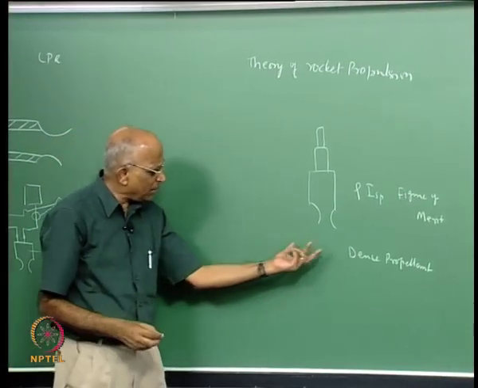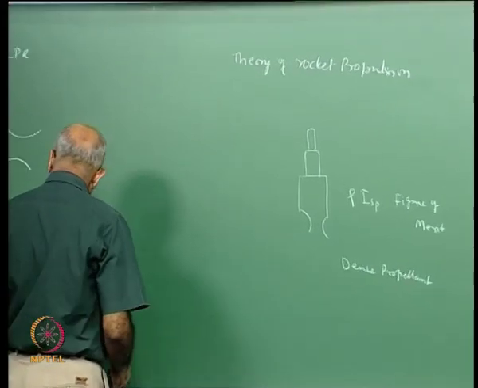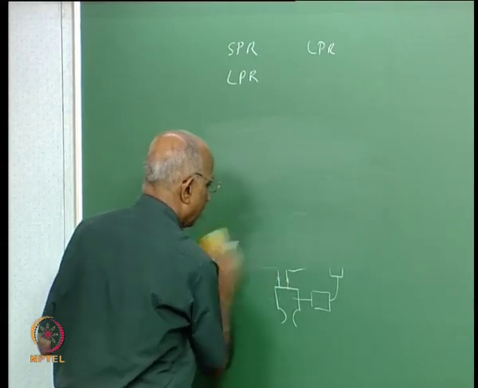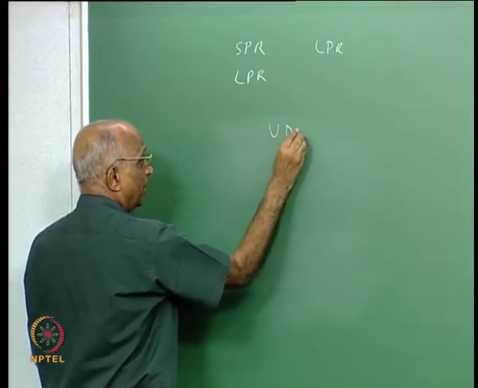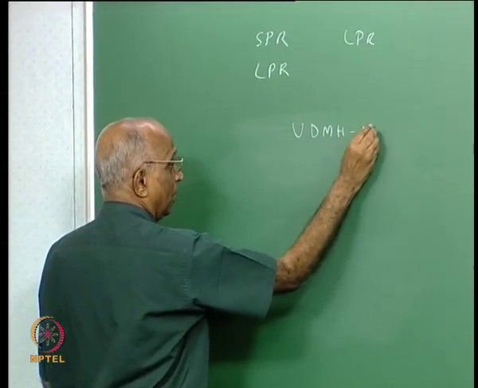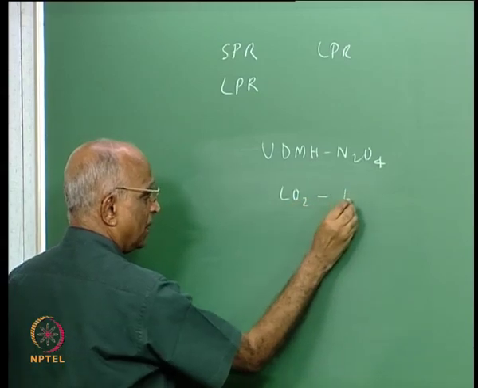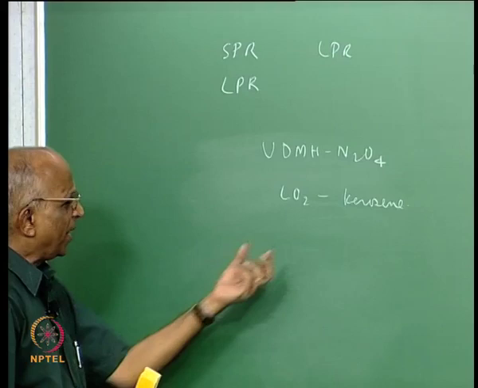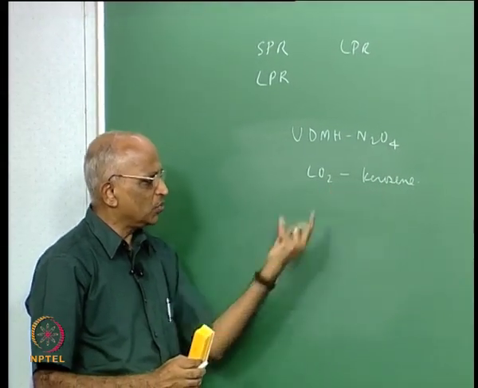And when I talk in terms of dense propellants, what immediately comes to my mind is, can I use propellants which are something like dense, like let us say UDMH, which has a good density, maybe N2O4 as an oxidizer? Can I use liquid oxygen with kerosene? These are somewhat denser, and therefore we find maybe liquid oxygen kerosene has been traditionally used for the booster stages,